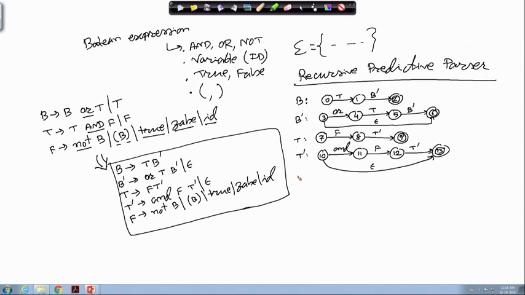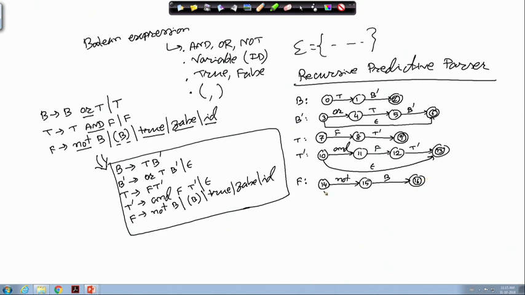And finally, we have got F, and then this F will start at state number 14, and from 14 on NOT it goes to state number 15, and from 15 on B it will go to state 16, and 16 is a final state.